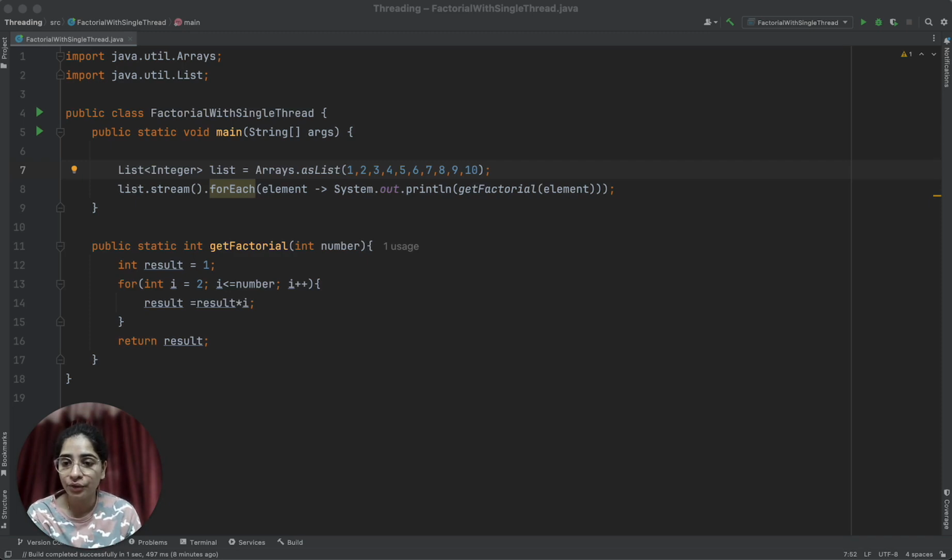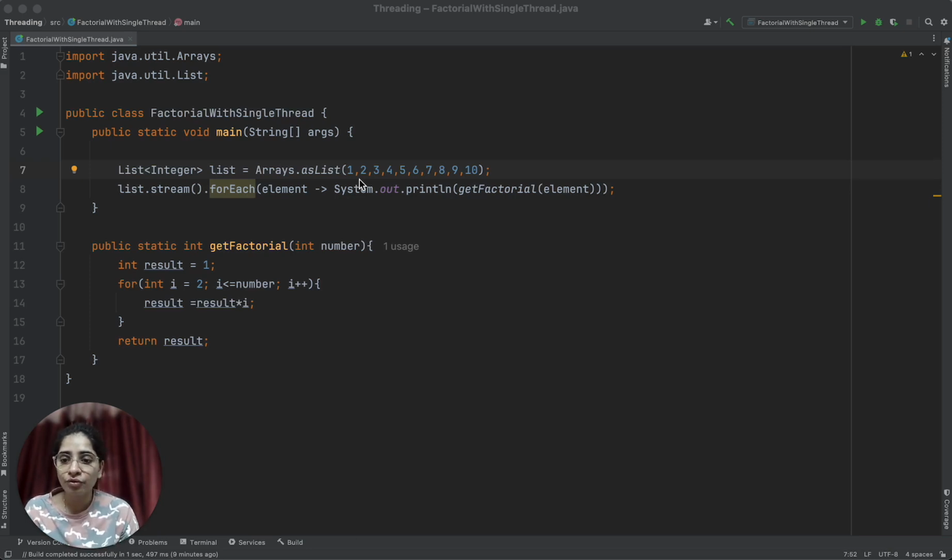First, let's try to understand what exactly a factorial is. Every number starting from 1 till that number will become its factorial. So for 2 it will be 1 into 2, which is 2. For number 3, factorial will be 1 into 2 into 3, which is 6. Factorial of 4 will be 1 into 2 into 3 into 4, which is 24.